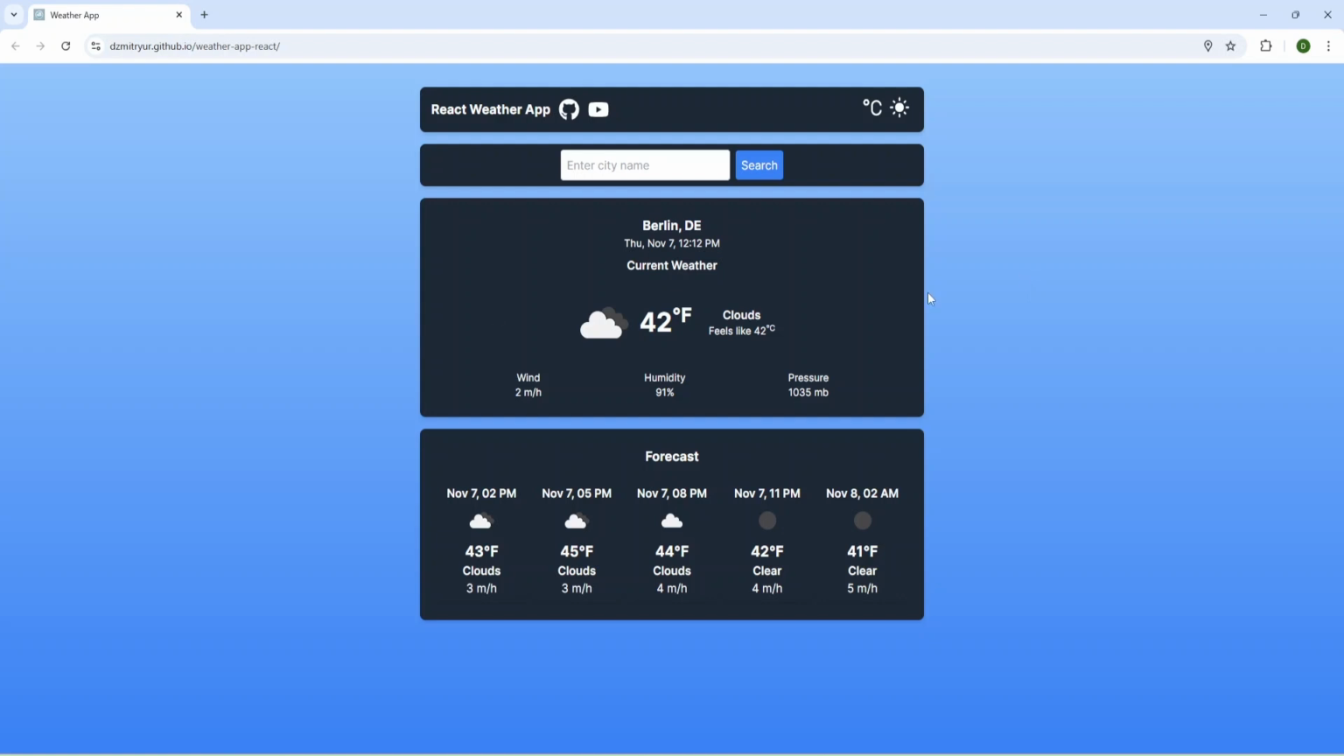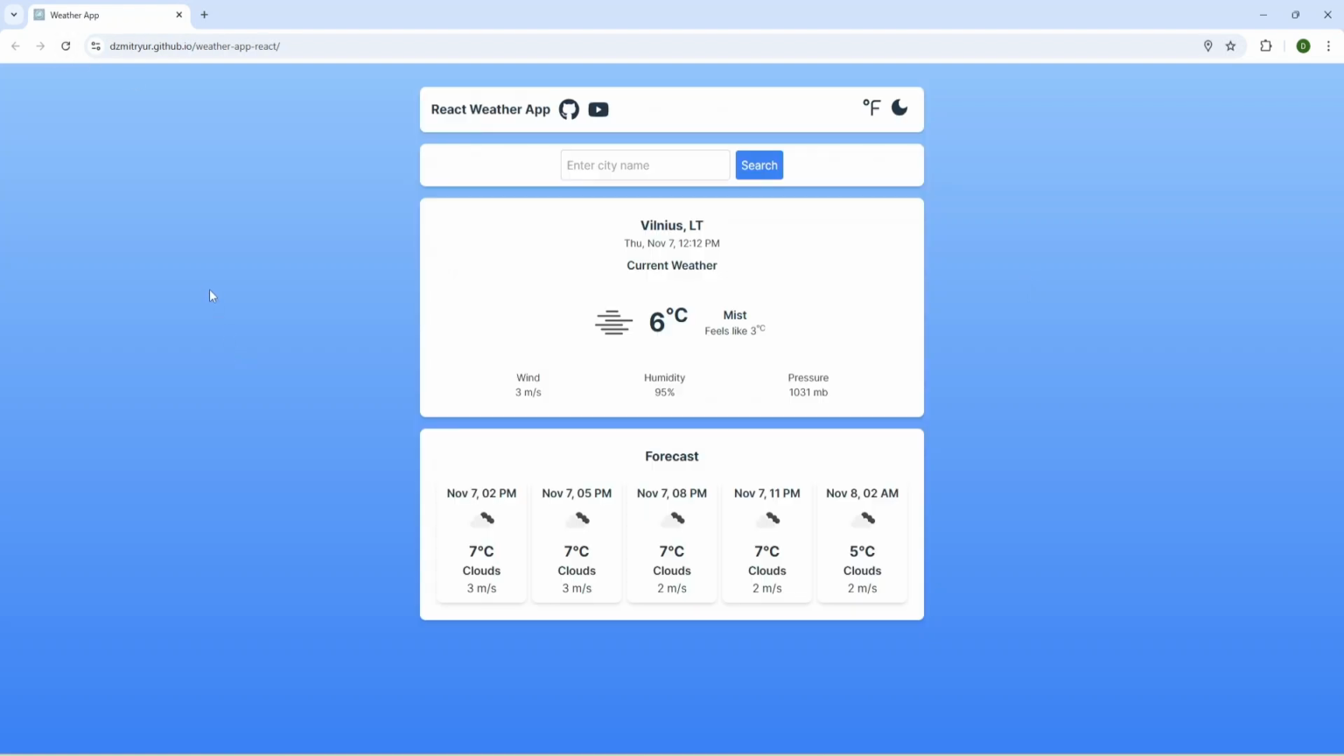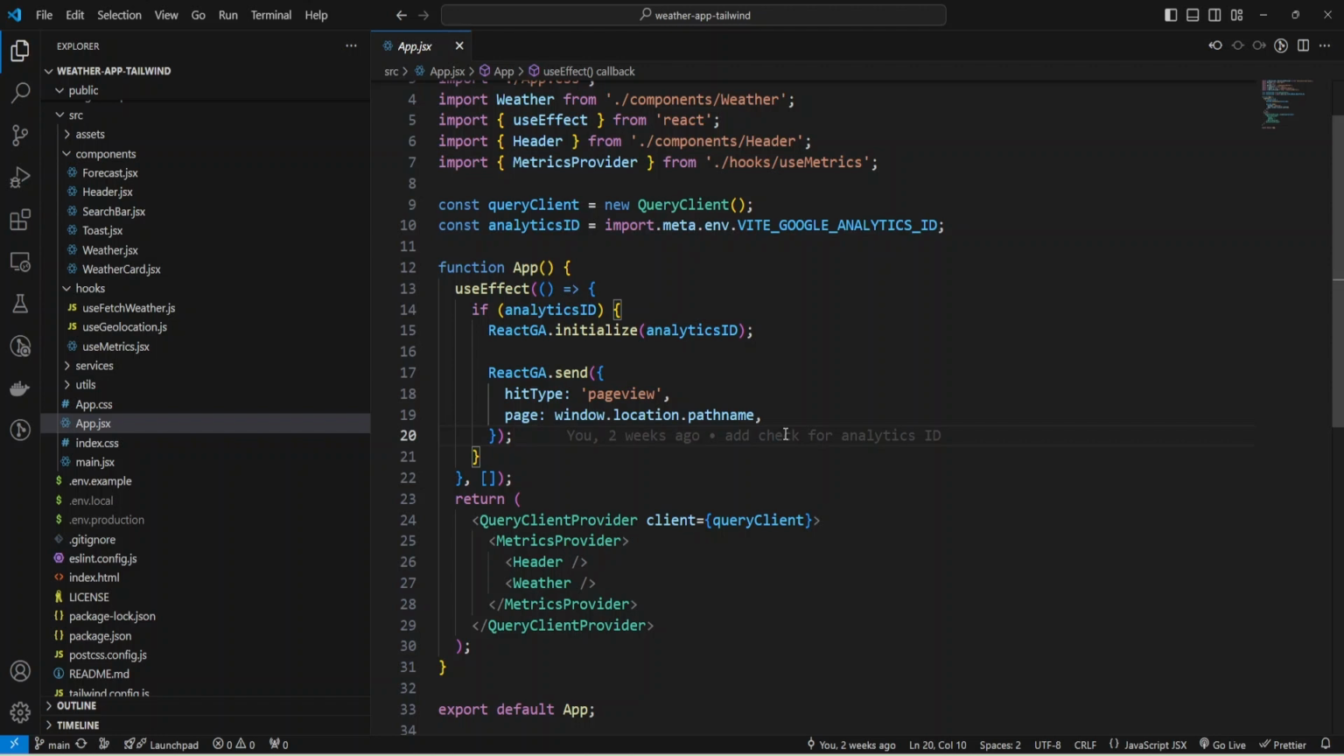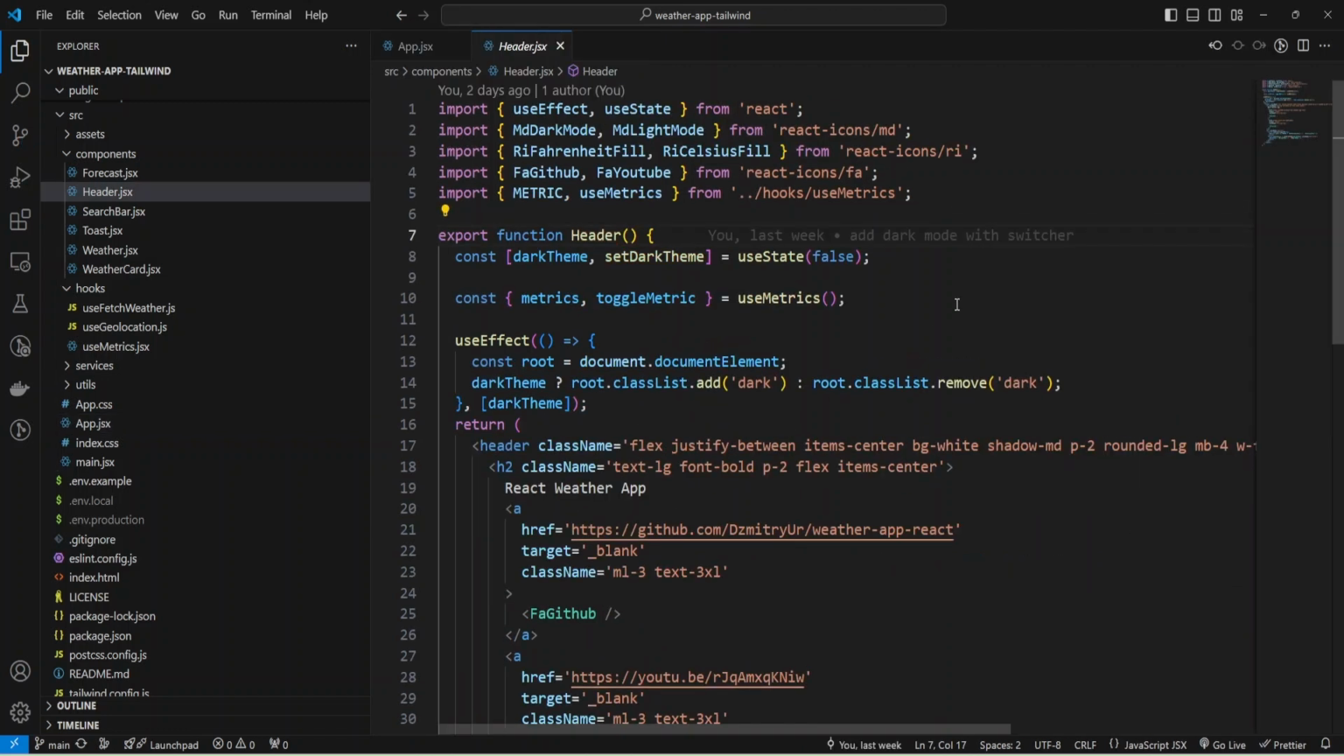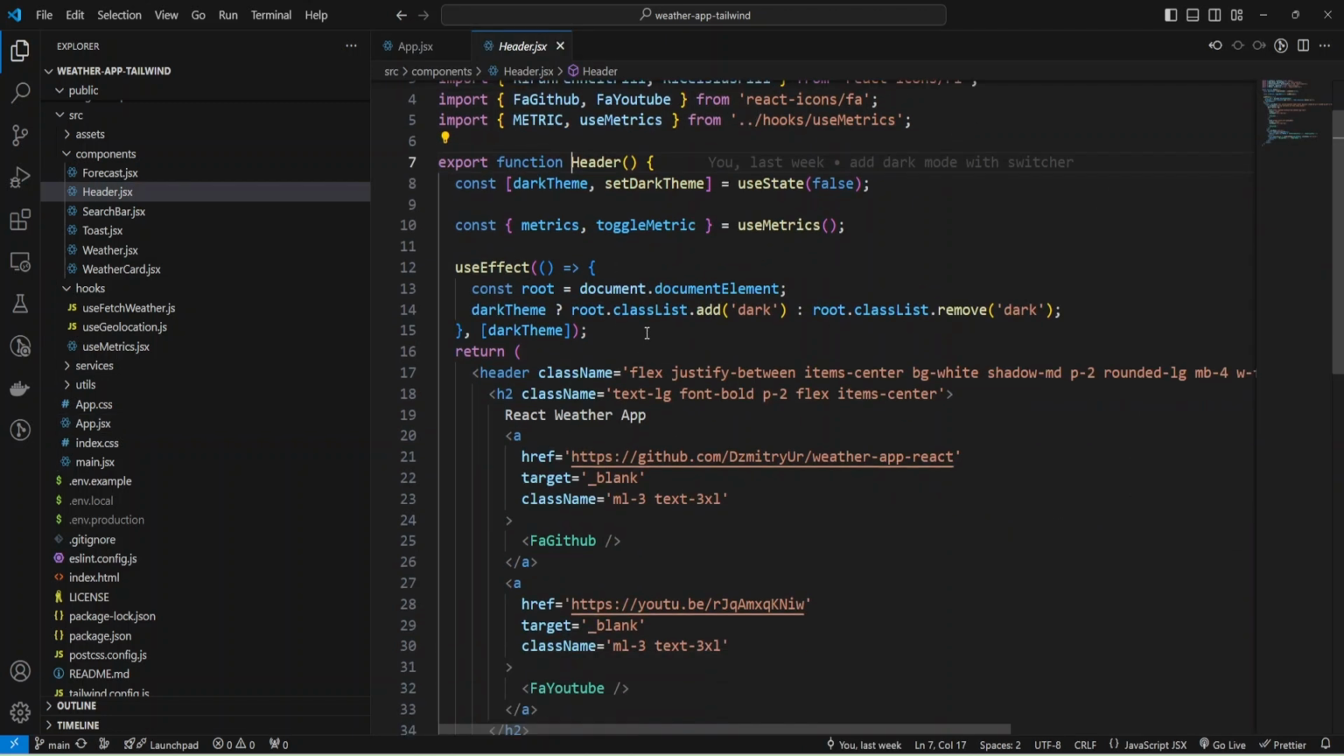And when I refresh the page, the settings are lost, and the user might need to set them again every time they visit the site. I want to fix it using local storage. I opened my weather app project in Visual Studio Code, and now I'm going to change the settings and store them in local storage. I'm going to open the header component, and inside the code we have a useEffect hook,